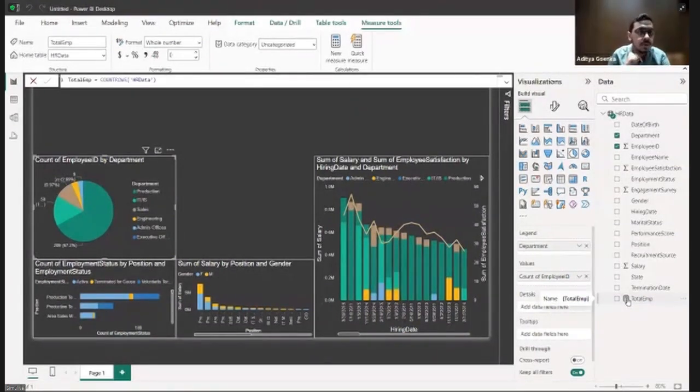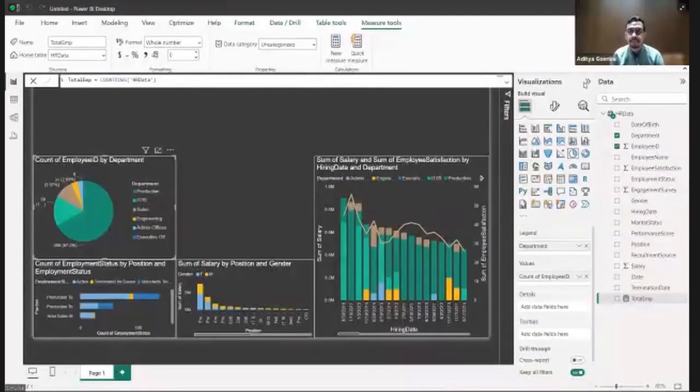Like this, there are n number of formulas inside Power BI via which you can create new measures, and via which you will be able to make more and more beautiful dashboards. Guys, everyone clear on how to create a new measure? Did you all like it? On a scale of 1 to 10, did you all like it? Yes. Absolutely clear. Awesome. Super. Okay, let's go to the next thing.